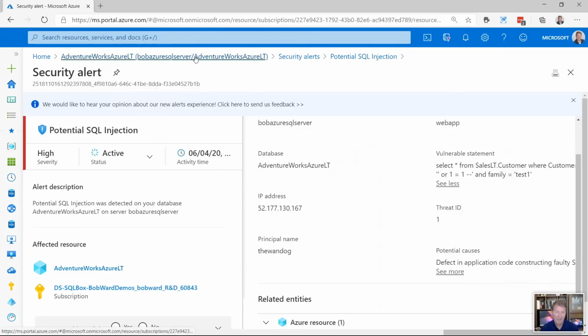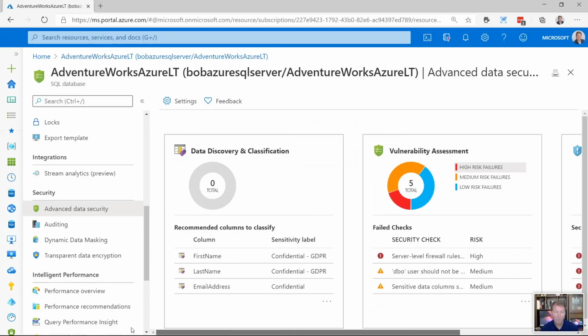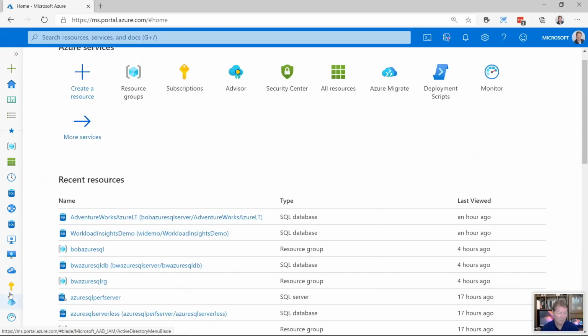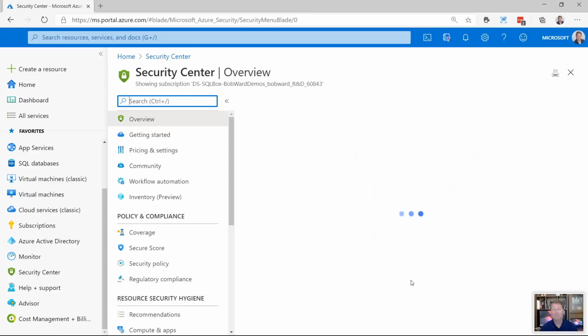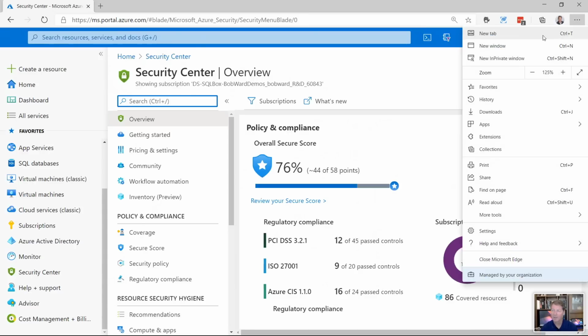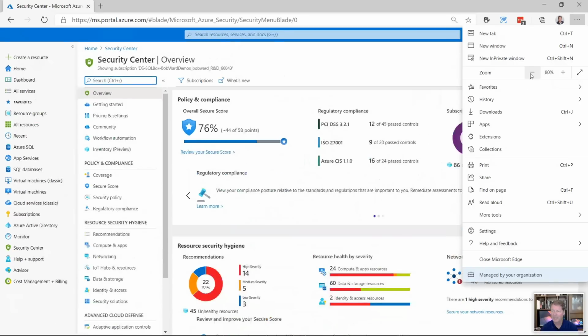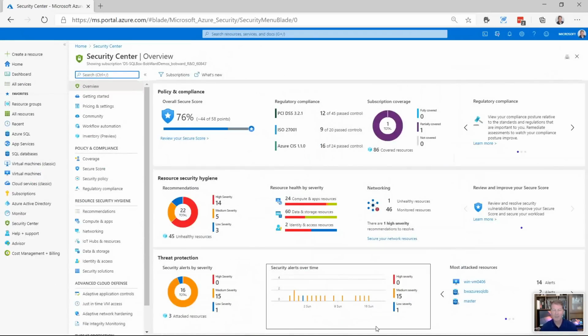I love this concept. And then finally, to top it off, if you want to see overall what might be going on in your environment, you can go over and look at something called the Azure Security Center. Let me get this up right here. The Azure Security Center is amazing. This is an overall look. Let me zoom down a little bit so you can get a bigger picture. It might not be as visible on your screen now, but can you see this dashboard? I can see compliance, hygiene of all my resources, and threat protection. And this is across every resource in Azure, not just Azure SQL Database. So Security Center is this really cool hub for looking at security for my entire deployment.